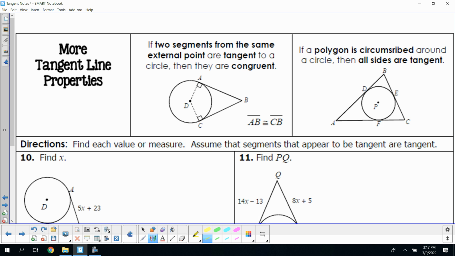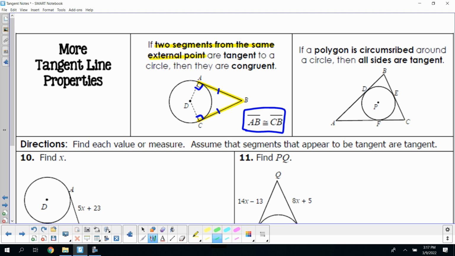If two segments from the same external point are tangent to a circle, so these two segments, and we know they're tangent, these 90-degree angles here and here, then they are congruent. So that means that these two lines are going to be congruent to each other. AB is congruent to CB. Over here,